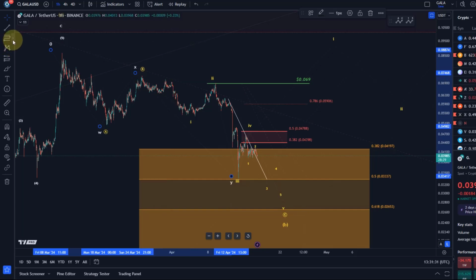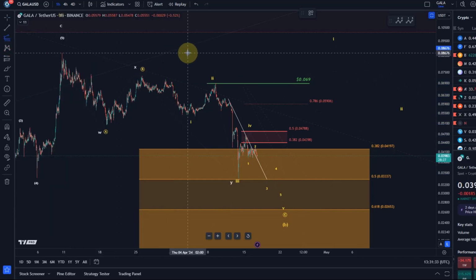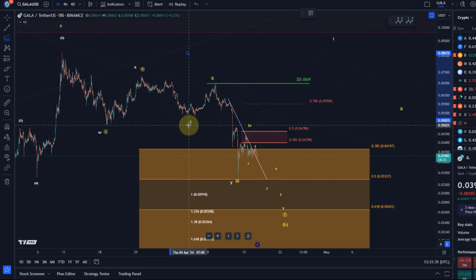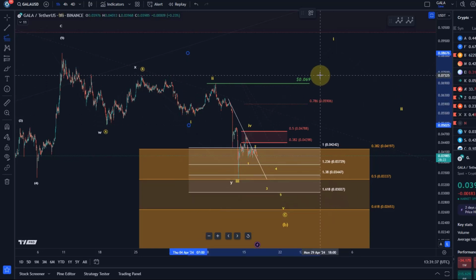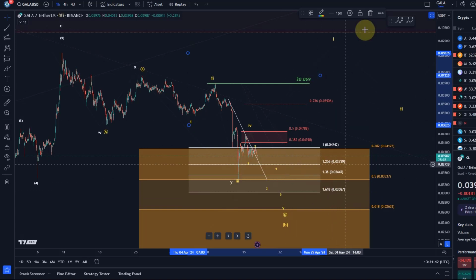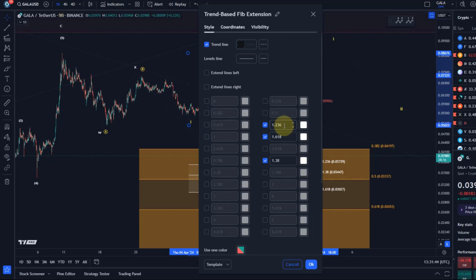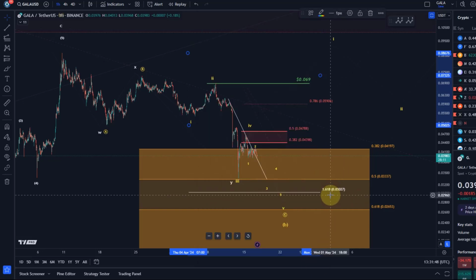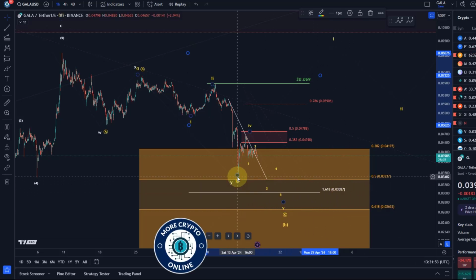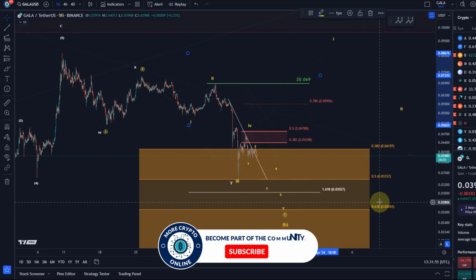Looking purely at Fibonacci extensions to calculate targets, we'll take the length of the A wave and go to the high of the B wave to check if there are any additional levels. The 1.618 extension, which is one of the key levels for such a C wave to the downside, is pointing to 3 cents. That's an additional level just below the third wave low of wave C, but also above the golden ratio level. I think it's worth paying attention to this one.